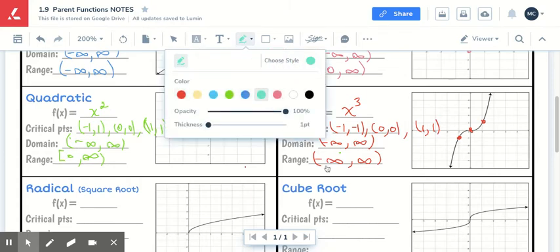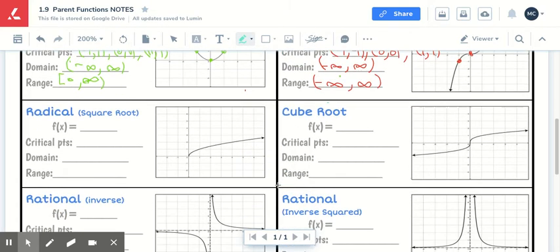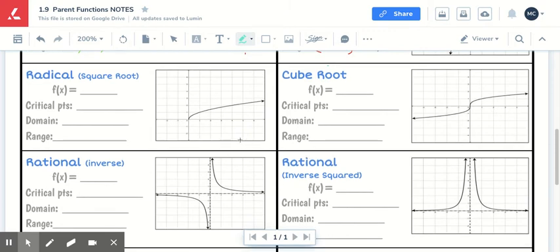My next function is called the radical or square root parent function. The equation of that one is f of x equals the square root of x. And the shape of it is like this one over here. If you can kind of imagine, this really is like half of a parabola, half of what the quadratic parent function looks like, but it's also laid on its side. So the critical points on this one are (0, 0),